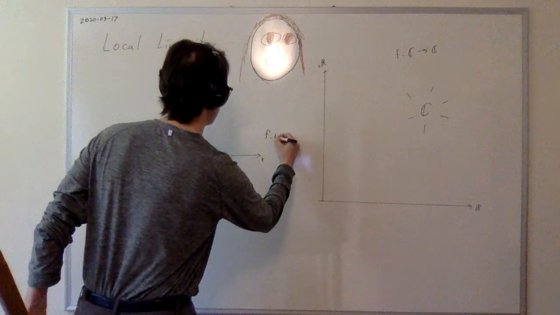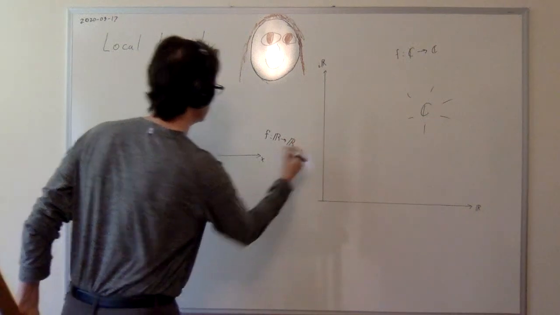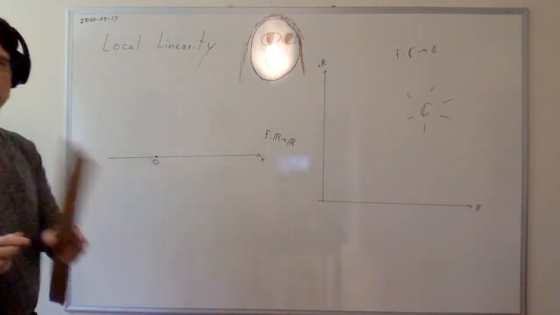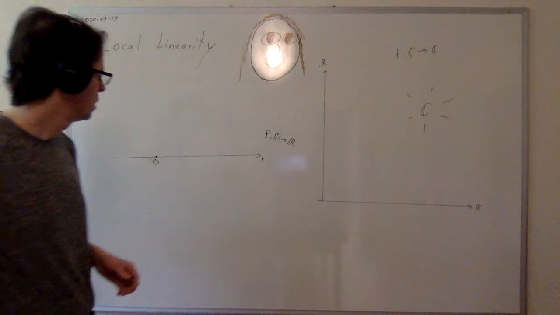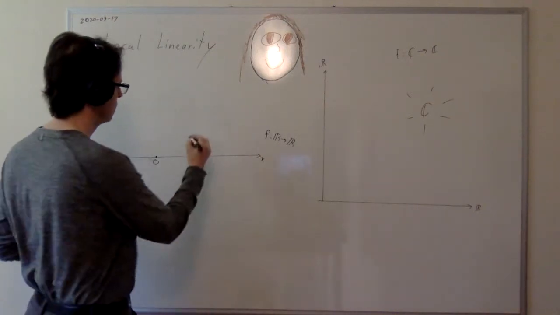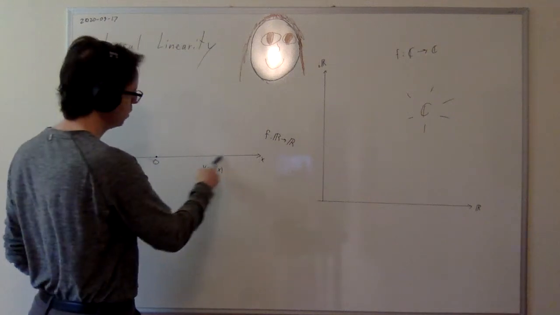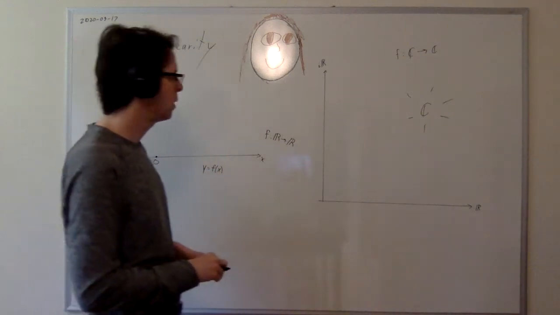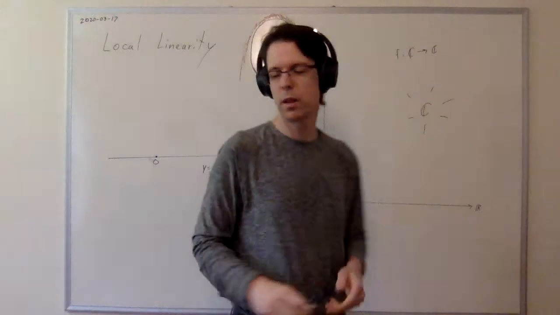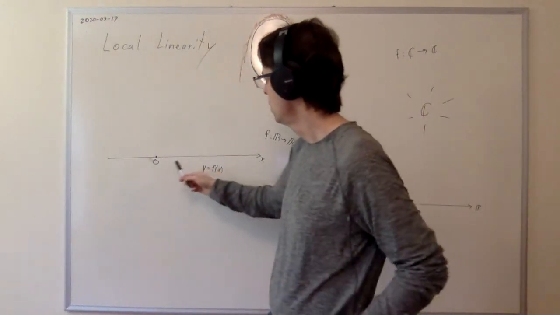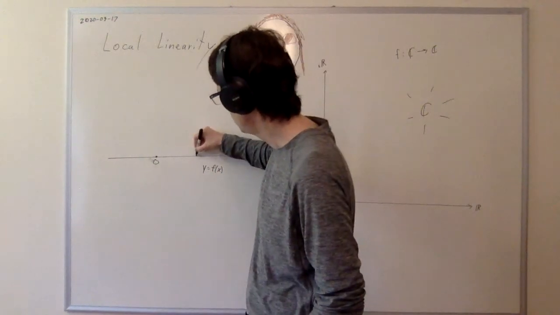So we have f mapping from the reals to the reals, but we don't have a representation of the codomain of that function. So how would we represent this function? Well, we could say y equals f of x, but these are only the x values here. Now, if the function was arbitrary, then it's very hard to represent it here. But you can imagine each x value here